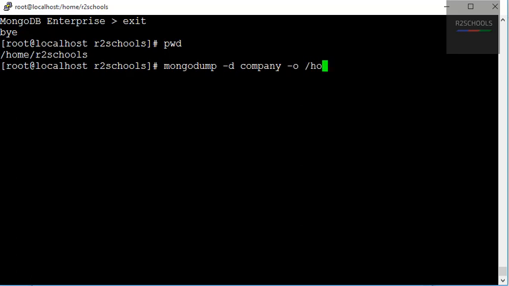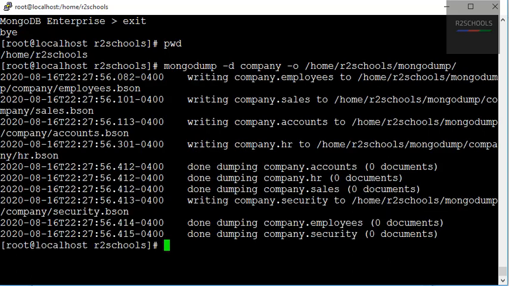Here I am giving home, autoschools, then mongodump. In this directory, mongodump will create another directory with the name of this company. Press enter. See, it has taken a dump of these 5 collections: employees, sales, accounts, HR and security.